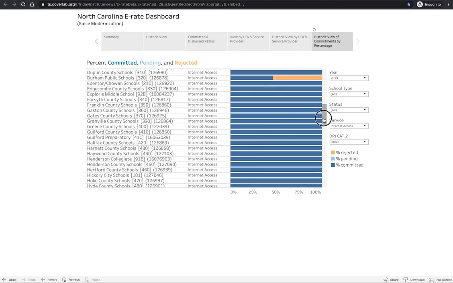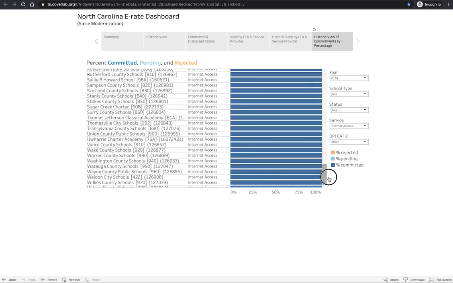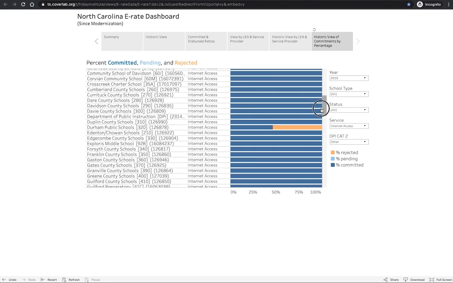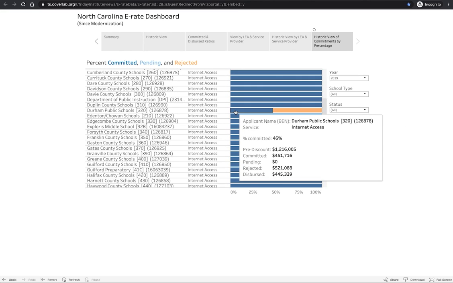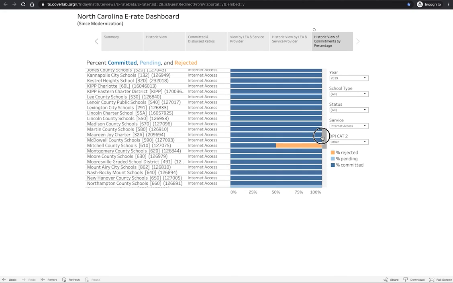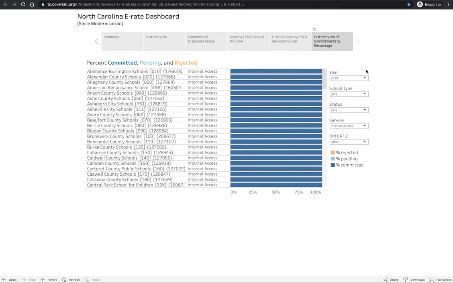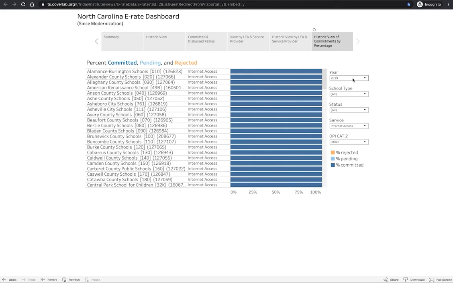You can see almost everyone has had a commitment of 100%. So there's a few schools that tried something, and my guess is what happened here is they tried one way and it didn't fly, and they just reapplied, slightly changed, and with a slightly lower amount, and it was approved by the USAC. The individual districts don't care about this data so much, but at the state level we care to know that the E-rate program is running along strong and that the schools are taking advantage of it and they're successful in filling out their paperwork.